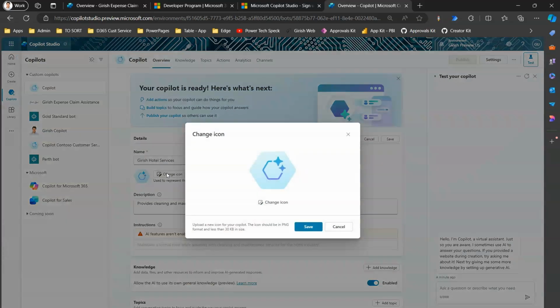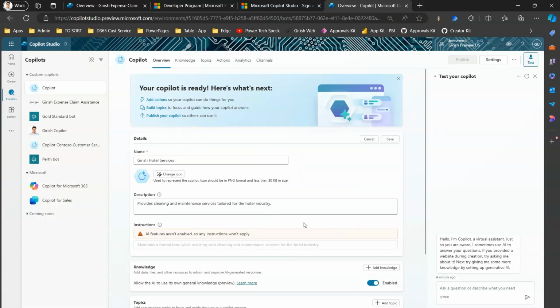Okay, so if I have any icon, I can select, I can change the icon over here. But I'm not going to do that for the time being. The description is fine, I can add additional description. Instruction is all there. Now if I want to add a knowledge source, like if I already have Girish Hotel